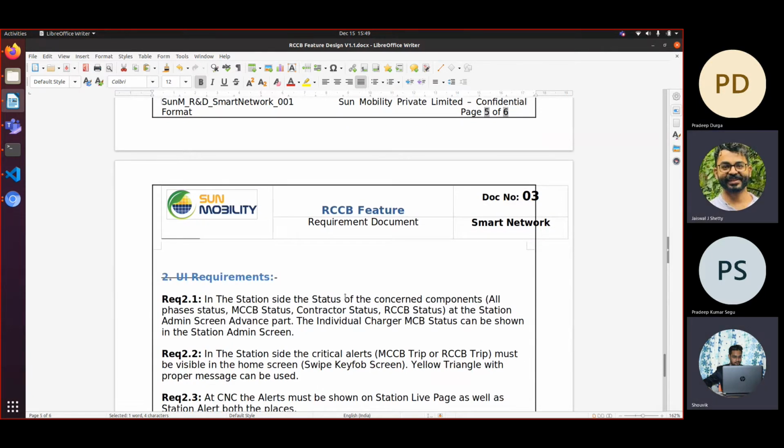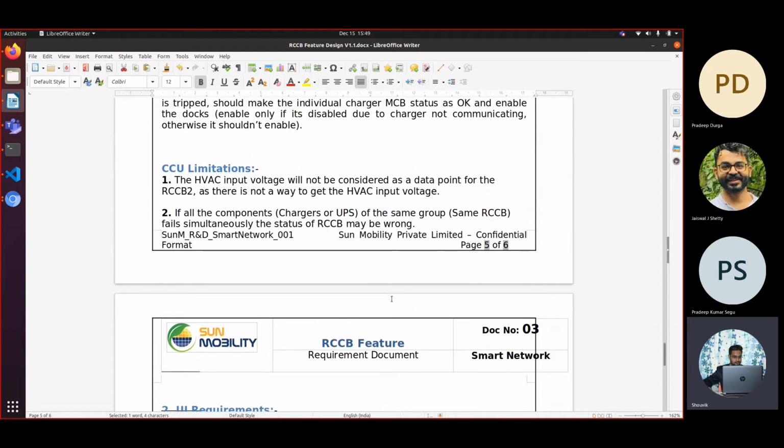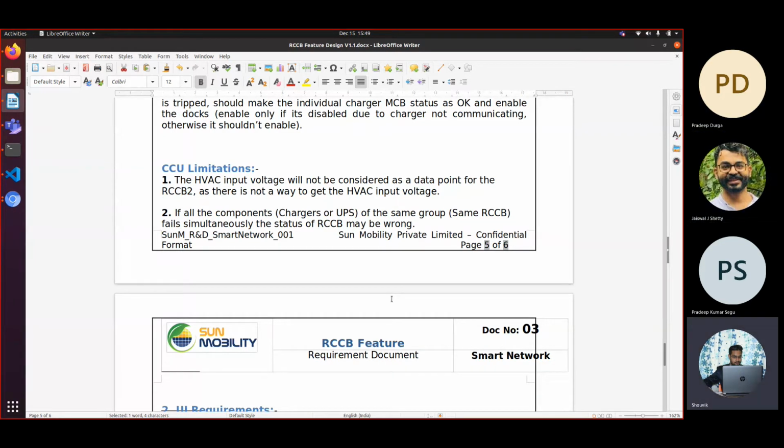So this document is updated in the Drive, right? Show it. This document is available in Drive. Yes, okay. I think this document was provided in the release note also. Kesav, we had provided this document in the G release note as far as I can remember. Yes or no? Kesav is not there, I think he left. Pradeep, can you remember anything? Even Jaswal, can you remember? We had provided all the documents, individual DV and all the documents, in the release note of the G release, right?